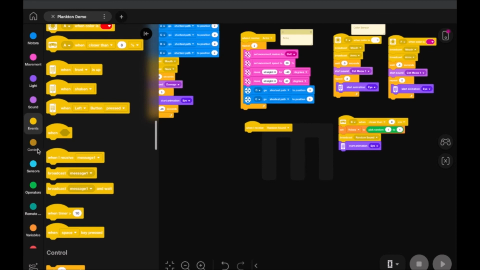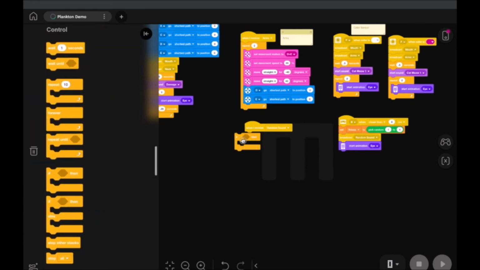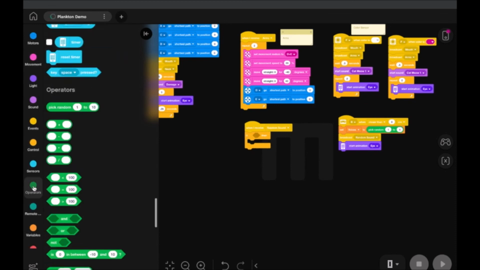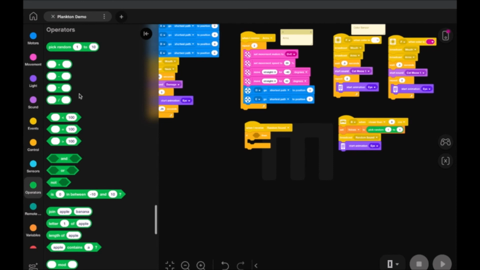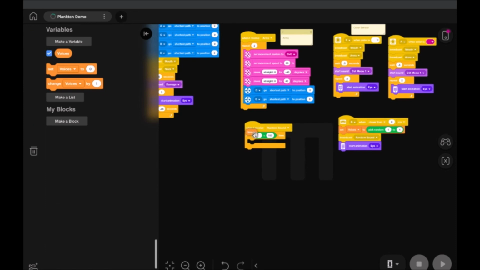I'm going to drag in here under control an if block. And in our if block, we're going to go to operator, and we're going to pick this equal sign block that we have access to. So I'm going to slide this in there. So if our variable, which is now voices, we now just randomly gave voices a number. If voices is equal to 1,